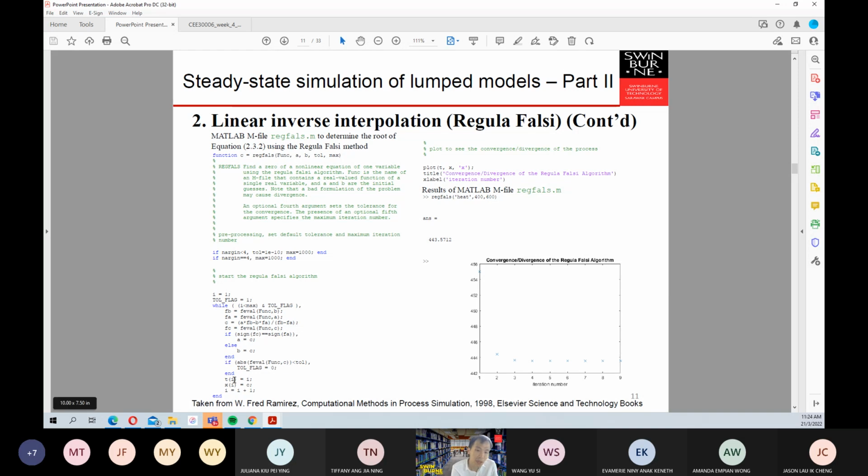Okay, and then this T(i) equal i is basically just like a recording point in here. Then this X(i) equal C is recording the value of the C for each iteration. Then this one is increasing your value of i: i equals i plus 1. So after one iteration, the i will be increased by 1. Then it goes into the next iteration, and it will increase by 1 again and again.